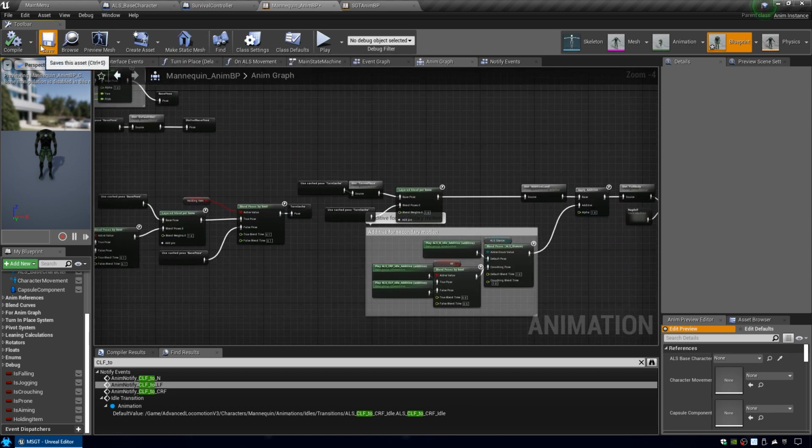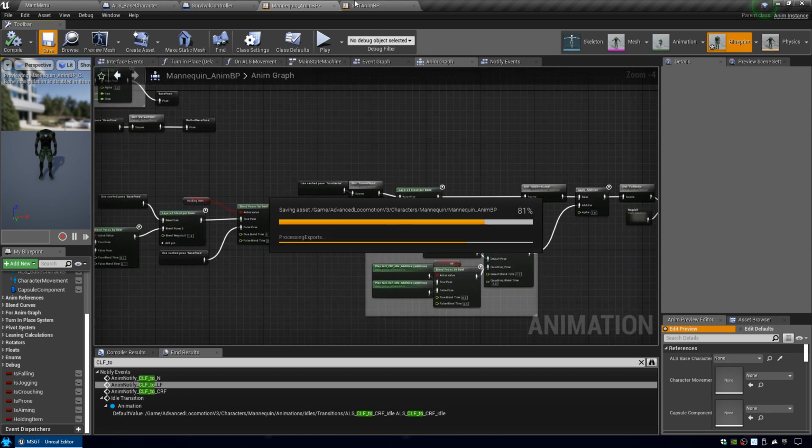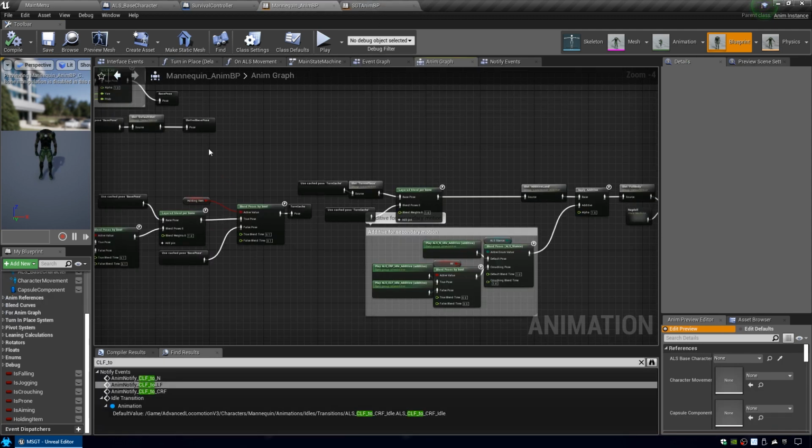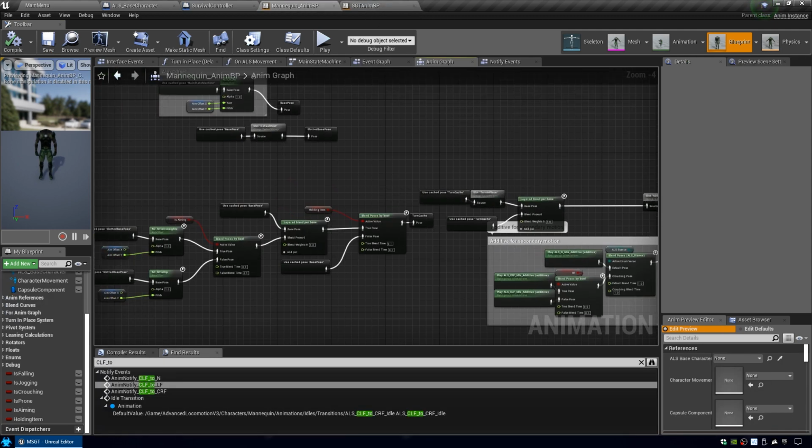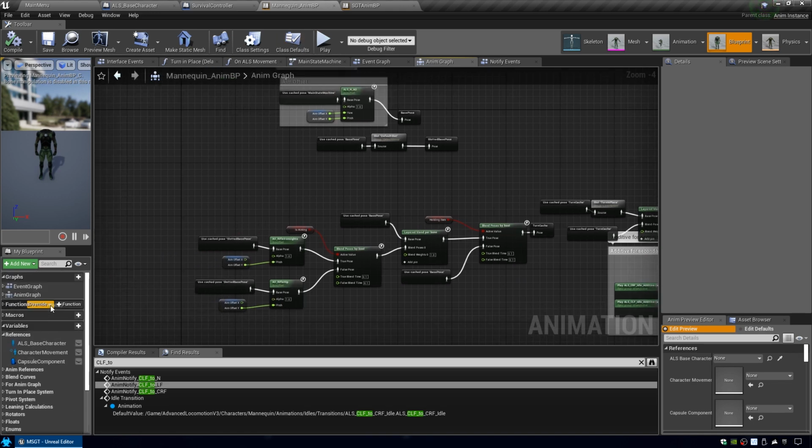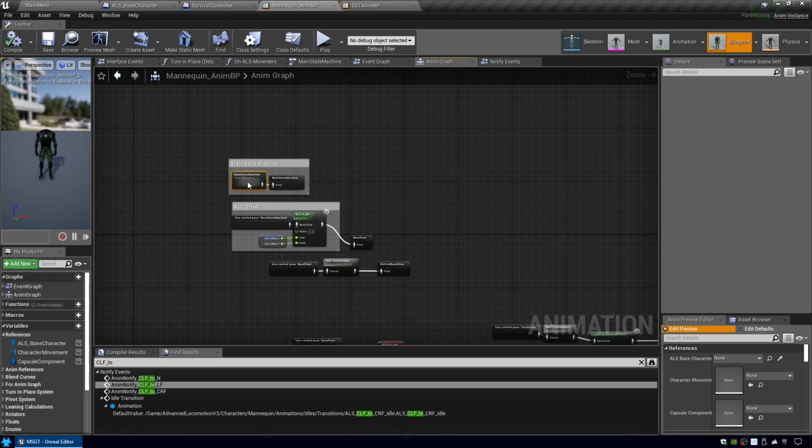All right, so go ahead and save that. And then we'll need to look at prone. So when you're in the mannequin anim BP, on the lower left side, make sure you're in the anim graph. Click main state machine,